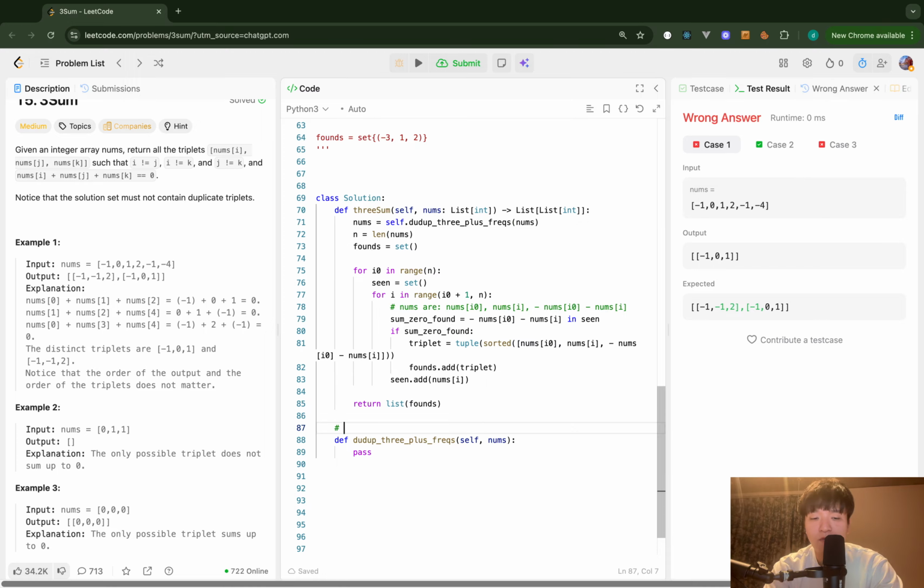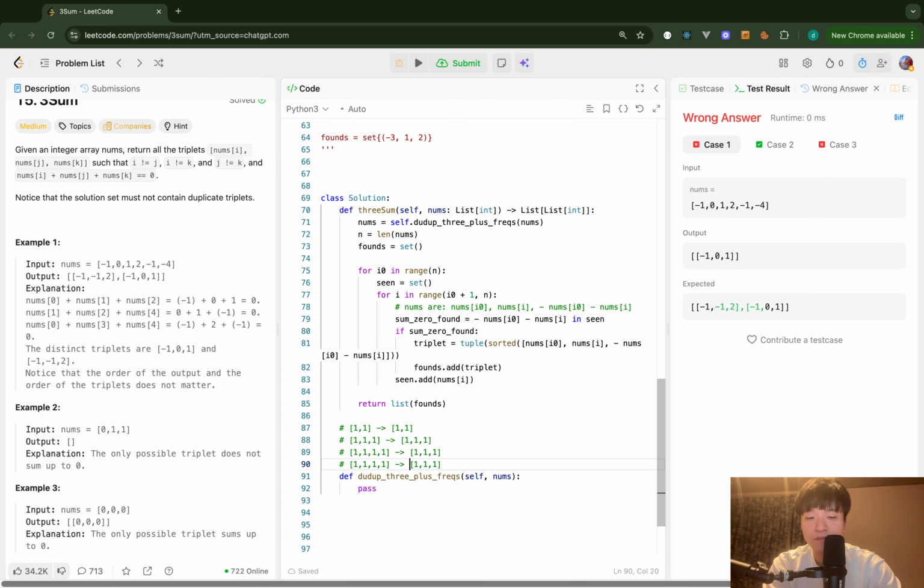Like if this is 1, 1, 1, 1, then this becomes 1, 1, 1. But if there are only 3, it doesn't change. If there are only 2, it doesn't change. Something like that. Okay. So I can say